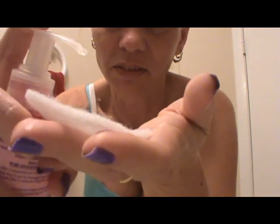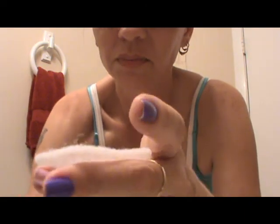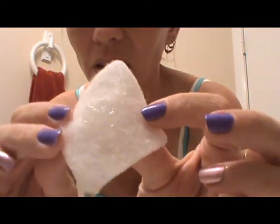I'll show you. I'm scared to even think about putting a whole pump, but that's a half a pump. It's about the size of a dime on there. I don't know if you can see it or not. And just rub it around on there real quick, and then just...